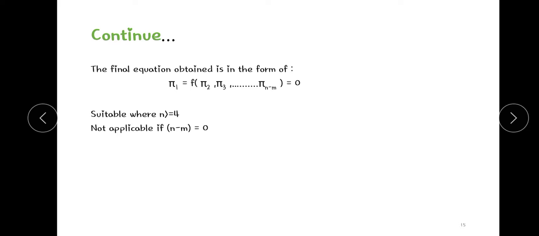Why? Because the number of pi terms is n minus m. So when n minus m is 0, that means there will be no pi terms. So we cannot use this method when n minus m is 0. Okay. Next is